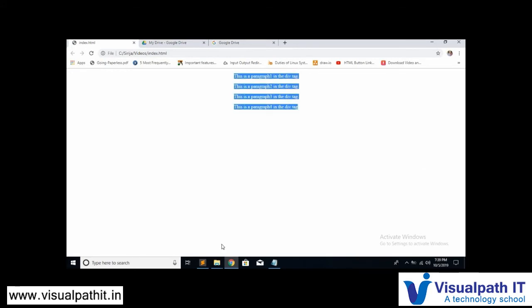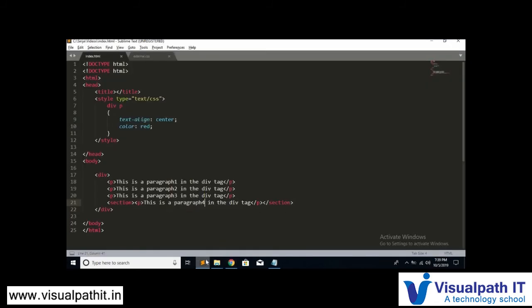But in the selectors which are going to come after this, when it is in the section, there will be no output for the p tag. Now why did even this p tag get that effect? Because the descendant is denoted by space, but I didn't tell you what actually a descendant is. So this is the specified tag, and this tag is the descendant of that specified tag, right? So this is a parent-child relationship.